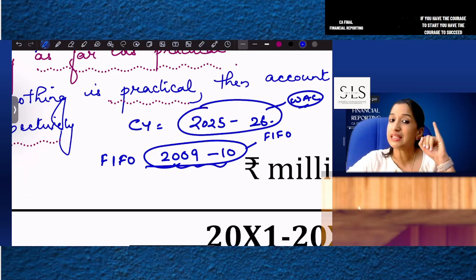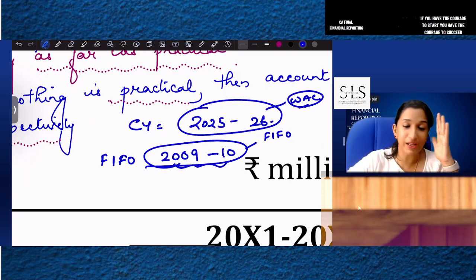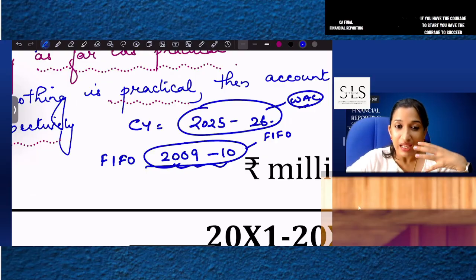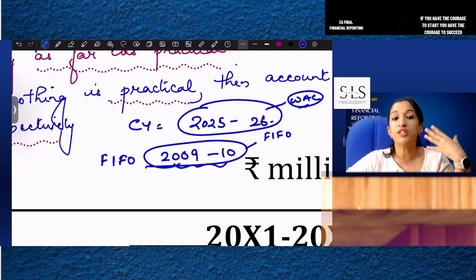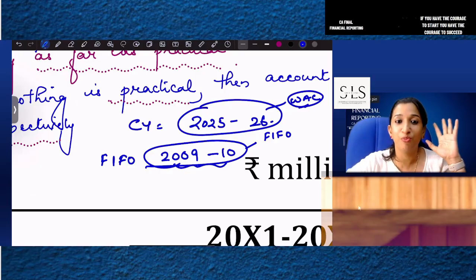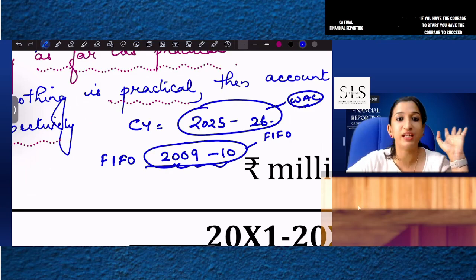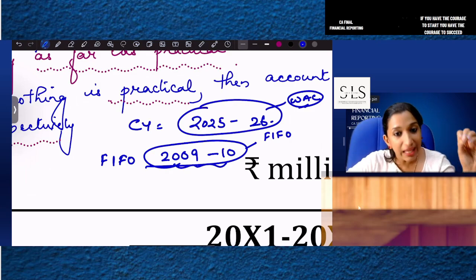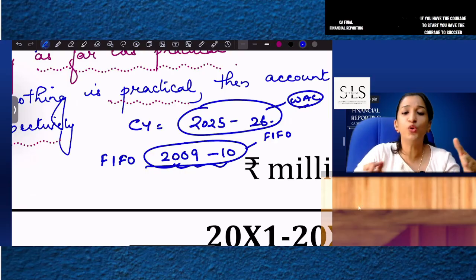Okay, so that is my point number 1, retrospective application. But if it is impracticable to do so, from 2009-10 onwards correction is not possible. Retrospective application is not possible as you don't have records. You maintain, as per the Companies Act, maybe a maximum of 8 years of books of accounts. You don't have accounts from 2009-10 onwards. Then what we'll do is, you go back to the last 8 years, say for example